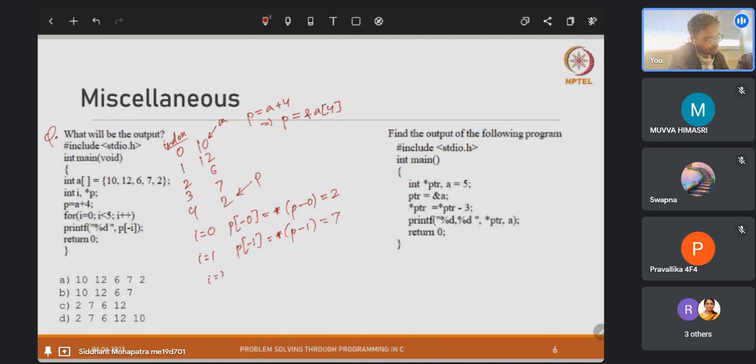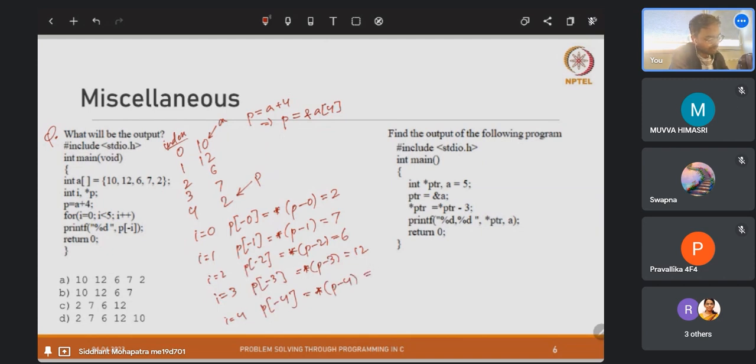Then i is equal to 2, p of minus 2, star of p minus 2, value of 6. i equal to 3, p of minus 3, star of p minus 3, value of 12. i is equal to 4, p of minus 4, that means star of p minus 4, that is a value of